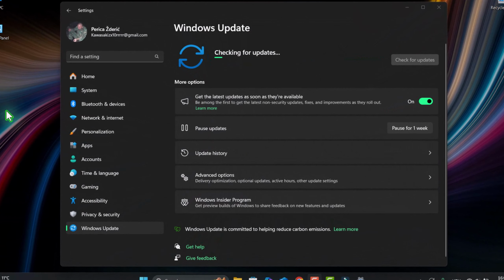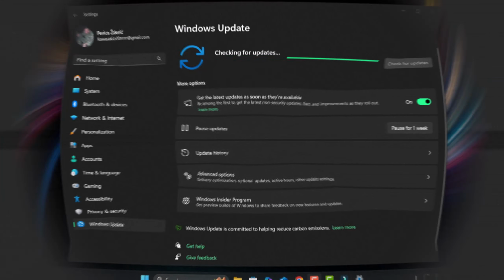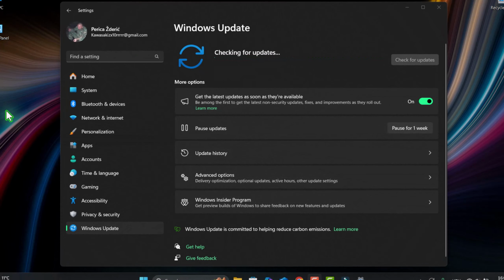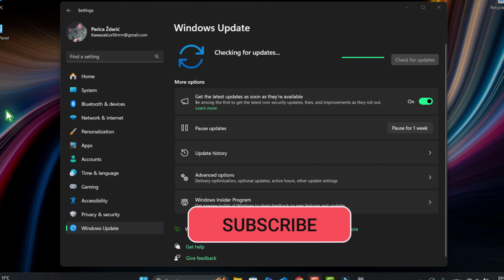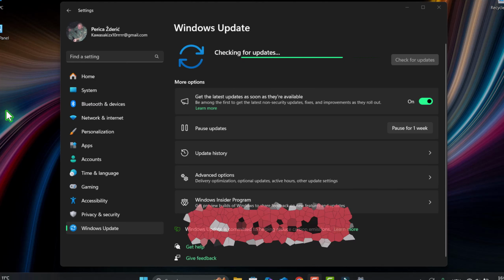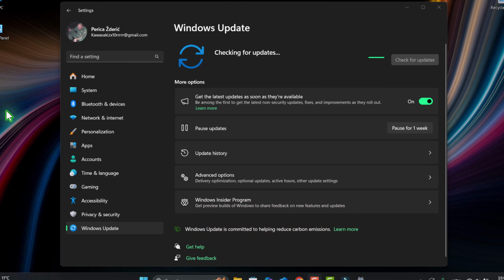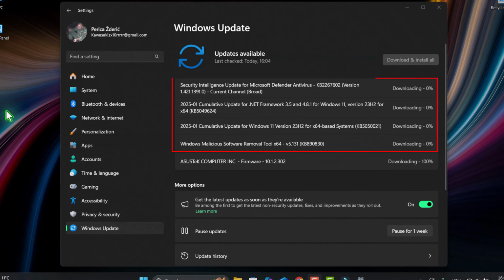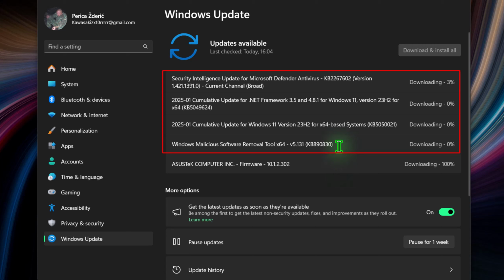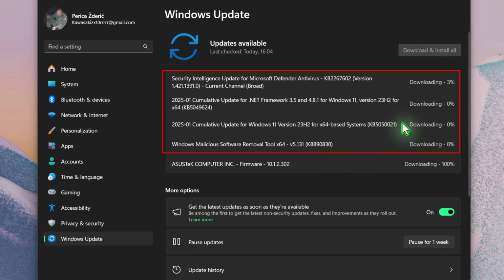I hope you're great. And as you see now, I'm checking for some updates on my 23H2, and I think that must be some Patch Tuesday on the 23H2, 22H3, and 24H2. And I'm on the version 23H2, so, and yes, we have lots of, as you see here, this